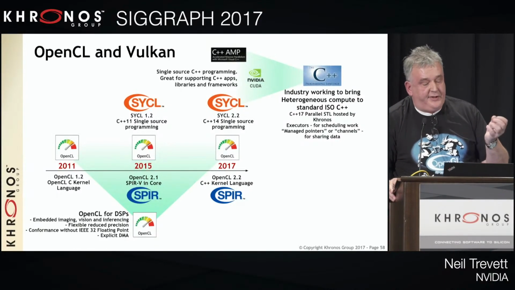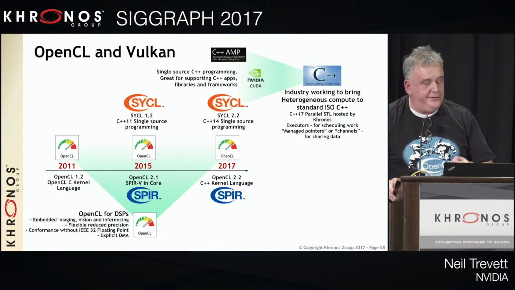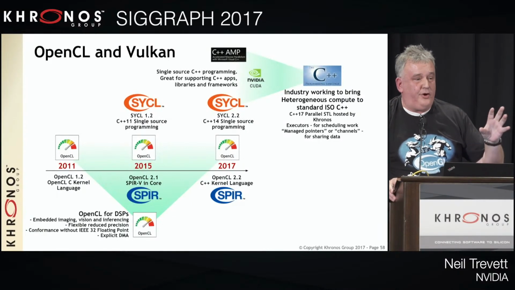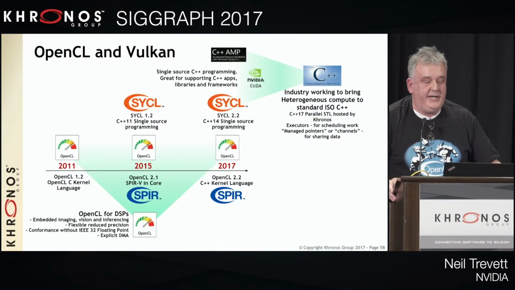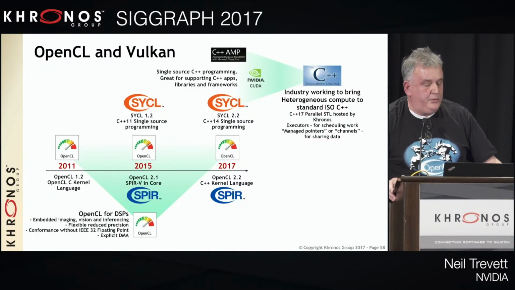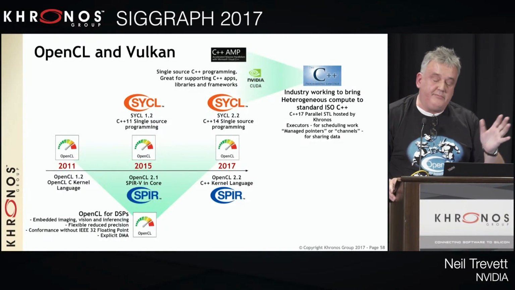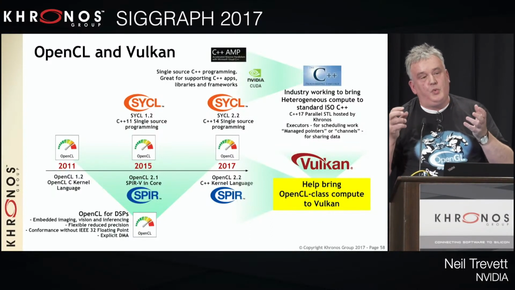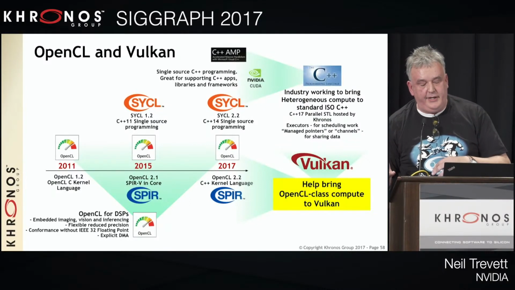There's a realization suddenly that we've been too desktop-focused. There's a bunch of embedded and DSP vendors who want to use OpenCL for things like vision and neural net inferencing as the hot topics of the day. And yet, OpenCL is sitting there mandating IEEE 32-bit floating point. We're disenfranchising a big potential OpenCL community, so we want to do a DSP profile of some description. We need to decide what that is. But the reason I'm talking about that here in Vulkan is we want to help bring OpenCL class compute into Vulkan.